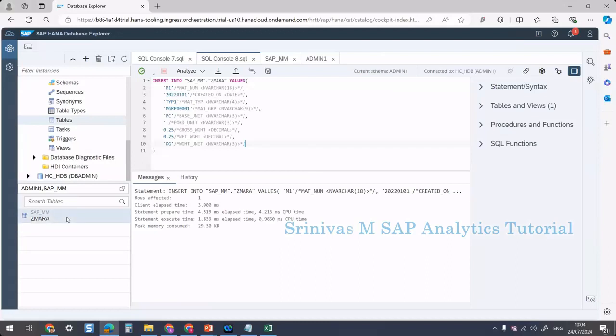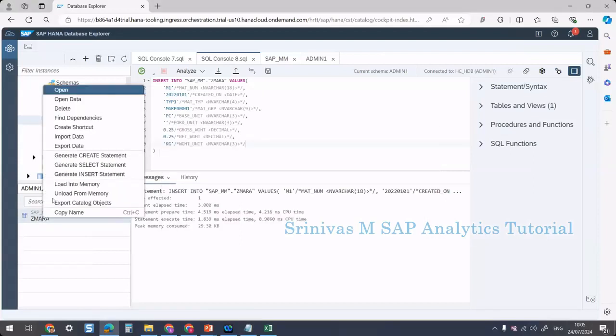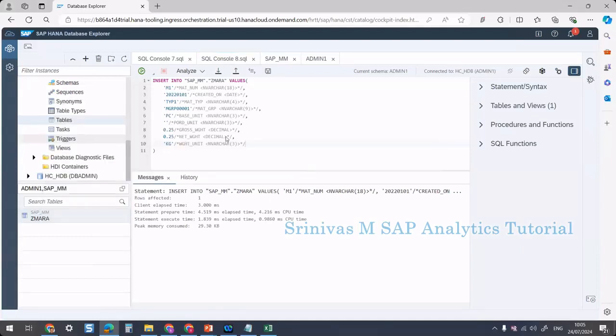Now we will see how to insert data into this table using a CSV file. What I did is create one comma-separated CSV file to load the remaining data. This is the table CSV file, which contains a header row and the remaining 4 records in comma-separated format. Now what we are going to do is right click on the table, import data,